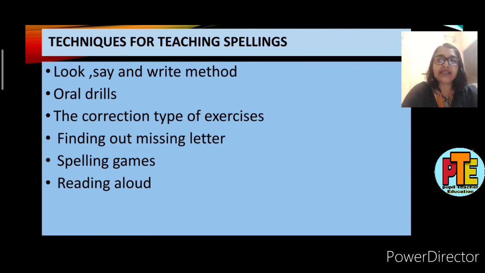The next activity is finding the missing letter. The teacher should write the words with missing letters and ask the students to find the missing letter and rewrite those words in their notebook. Here, they will try to identify the syllable in the word. The next activity is spelling games. Using flashcards, word building, word completion, transcription, jumbled words, spelling cards or dictation can be taken here.